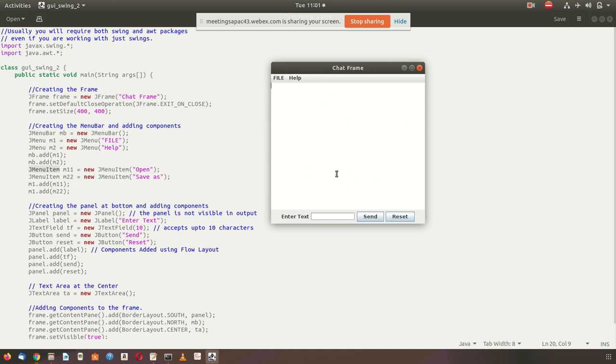That's why it looks like this. But individually, you have to add all the items. So firstly, the menu bar will be there, a blank menu bar. In the blank menu bar, you have to create menu JMenu m1 file, JMenu m2 is equal to new JMenu help. This is called menu. This white color is called menu bar, and this is called menu, and this is called menu item. Okay, these two are called menu items.